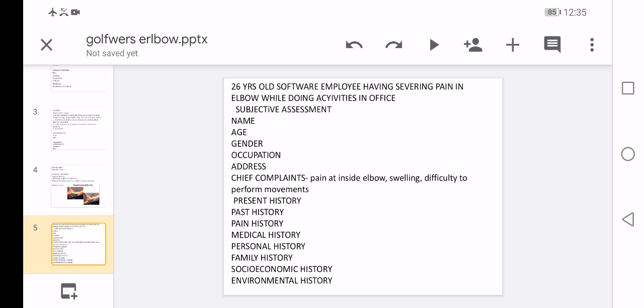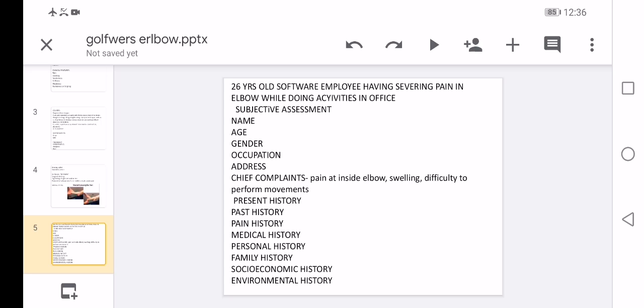What type of pain? The type of pain is aching. The aggravating factors are while doing work, that is typing. The relieving factors are rest and support at the elbow. You can measure intensity with the visual analog scale from 0 to 10. 0 is no pain, 5 is mild pain, and 10 is the worst pain. If the patient shows grading from 0 to 5, in between 2 or 3, you can go for MMT. If it is from 5 to 10, you should do resisted isometrics.